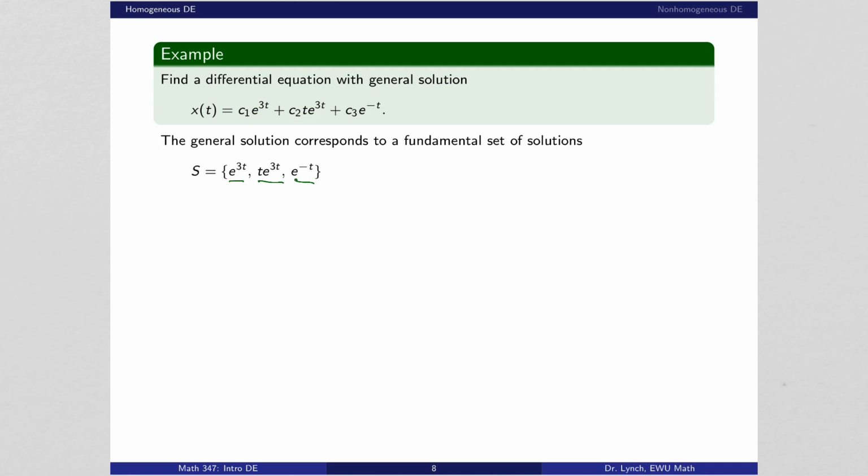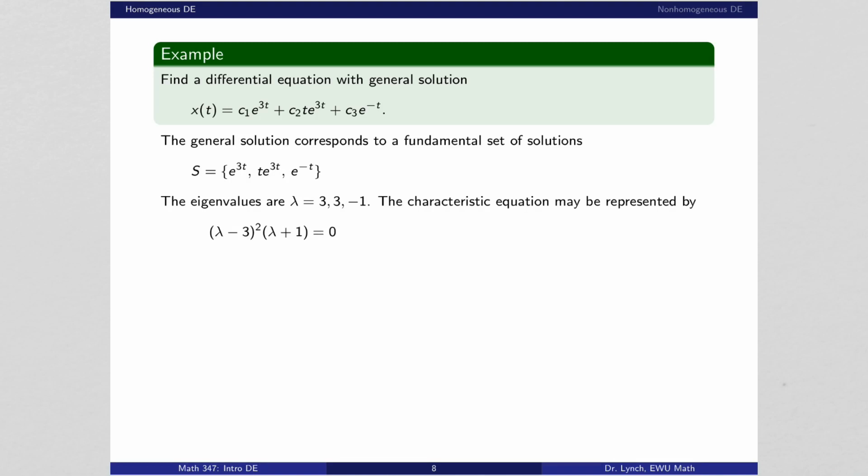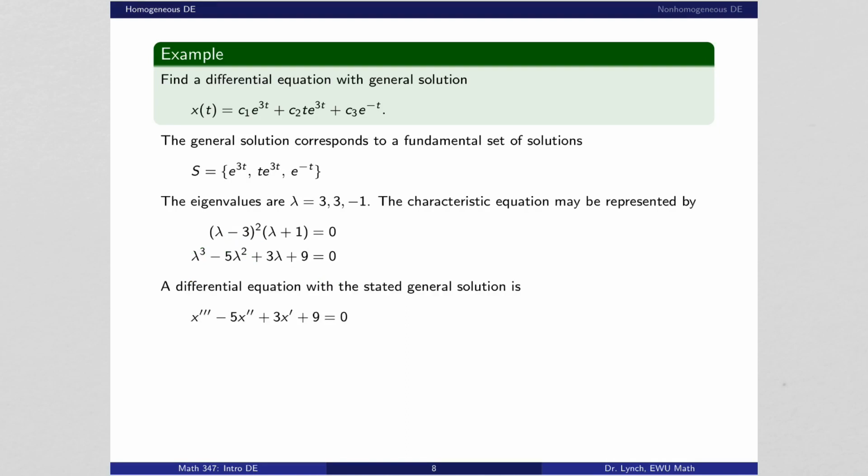Okay, so together those 3 solutions correspond to 3 roots. One root, of course, is minus 1. Minus 1 is a root corresponding to e to the minus t. And then, of course, there's a multiple root of multiplicity 2 corresponding to the eigenvalue 3. Okay, so we can express the characteristic equation as (lambda minus 3) quantity squared. That represents the multiple root of the characteristic equation. And lambda plus 1 represents the root minus 1. So it's pretty quick to multiply that out, and when you multiply that out, you end up with a cubic